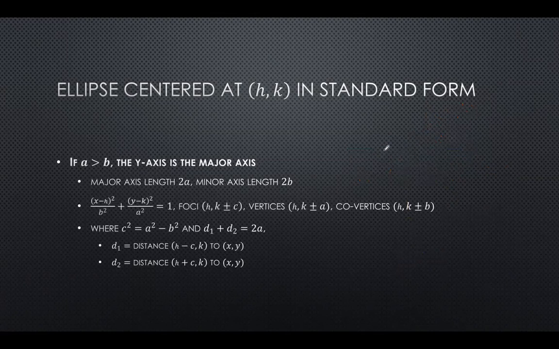Same thing here where the y-axis is the major axis, so you have the graph of a standing-up egg. The major axis is y and the minor axis is x here. So you just add h to the x coordinate for everything we did in the case where the center is at the origin, and add k to the y coordinates. Again, this is the